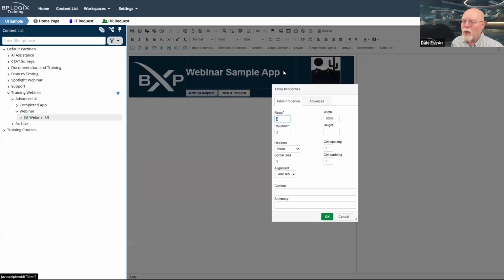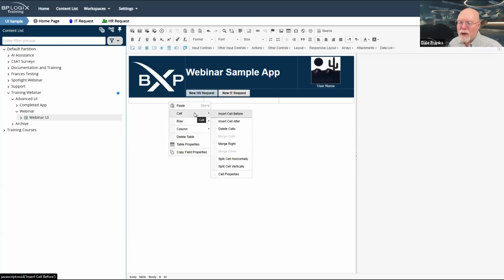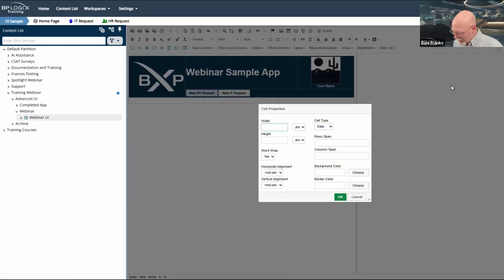So I'm going to drop in this other table here. Again, it's going to be one row. It's going to be 3 columns. And we'll just hit OK. There, I've got my second table. Now, there's a couple of things that I'm going to want to do here. I'm going to want to go to the very first column, go to that very first cell, set those cell properties again.